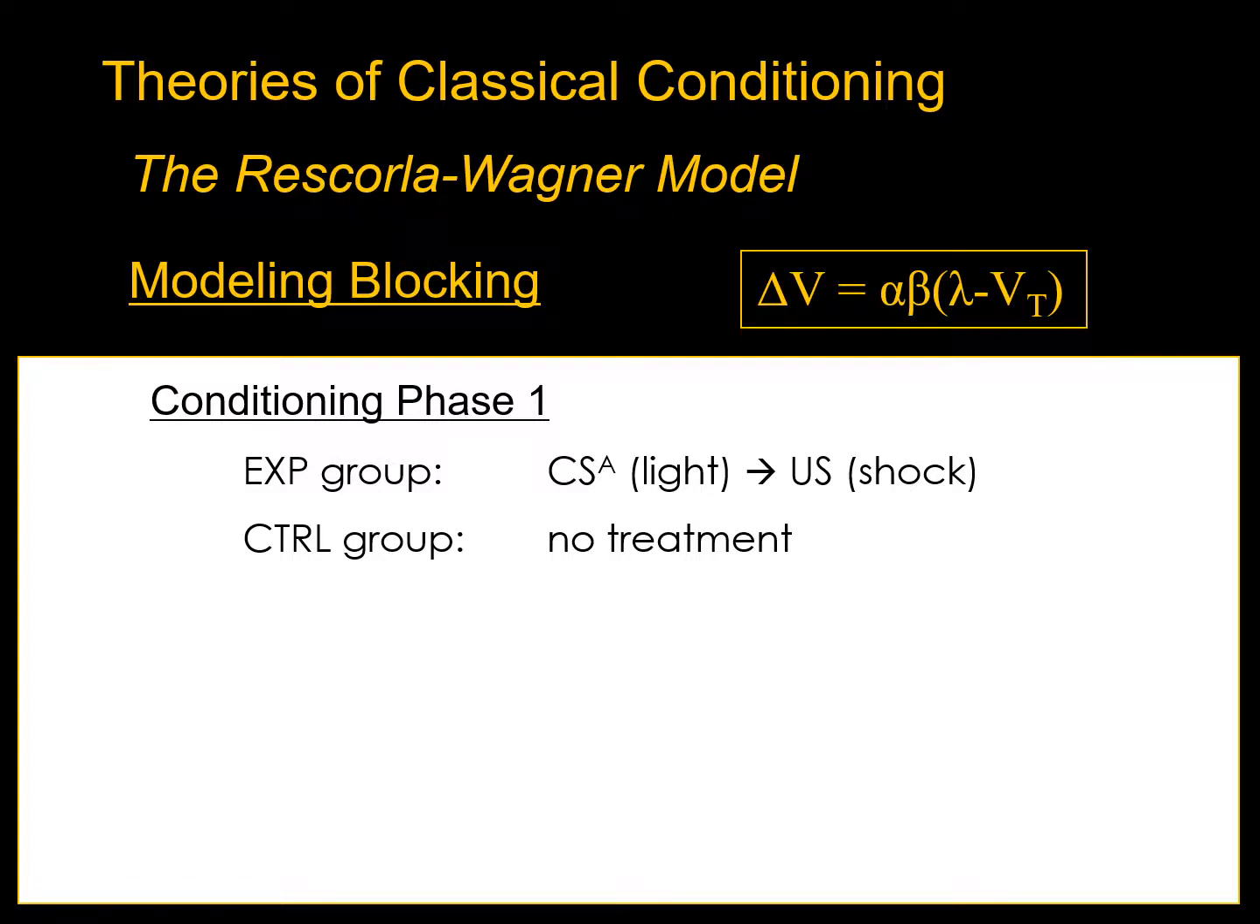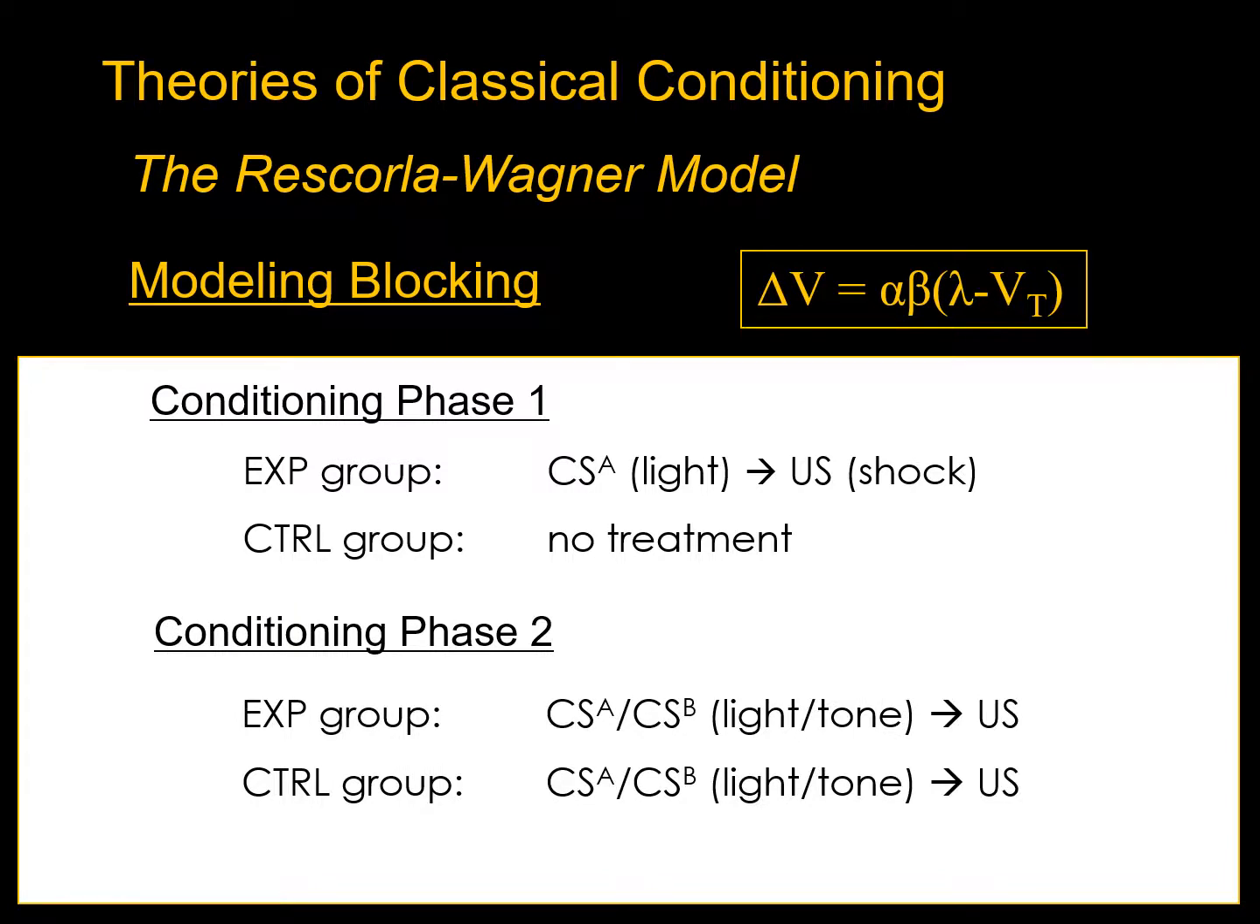Now we're not going to have to model each and every bit of every phase, as you'll see. We'll take a few logical shortcuts here. But again, in phase one, our experimental group gets one of the CS's paired with the US, presumably until that association is asymptotic. And then in phase two, both groups start getting the compound CS, CSA and CSB, paired with the US. And again, the basic idea is that while our control group, once we get to phase two, will now start learning about both associations, CSA US and CSB US, our experimental group will never learn to associate CSB